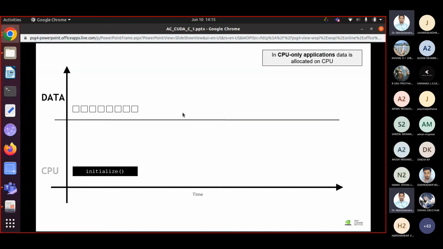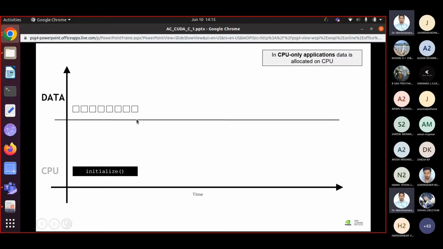So here, as I told you, whenever you write any CPU application, first of all, what you do is allocate memory, right? Declare variables. For example, let's say you are working on a C++ program and you want to perform matrix multiplication. First of all, you declare variables for matrices, let's say A, B, C. Then you will allocate memory to those variables, right? Based on whatever size of the matrices. Then you will initialize those matrices. Then you will perform the matrix multiplication computation, and finally you store the data into another matrix, right?